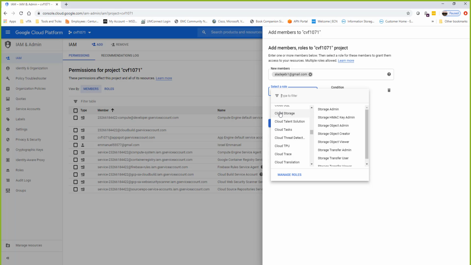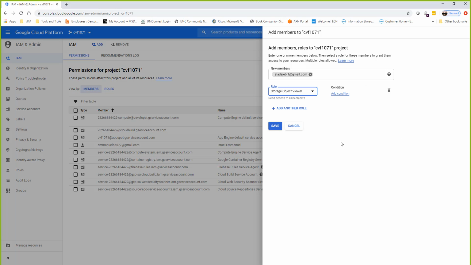That's my cloud storage. I select this, and then I have various types of options that I can select for this particular user. Now, why is that important? Sometimes I just want them to be able to do certain things and not be able to make any kind of changes. So I can come over here and say, you know what,